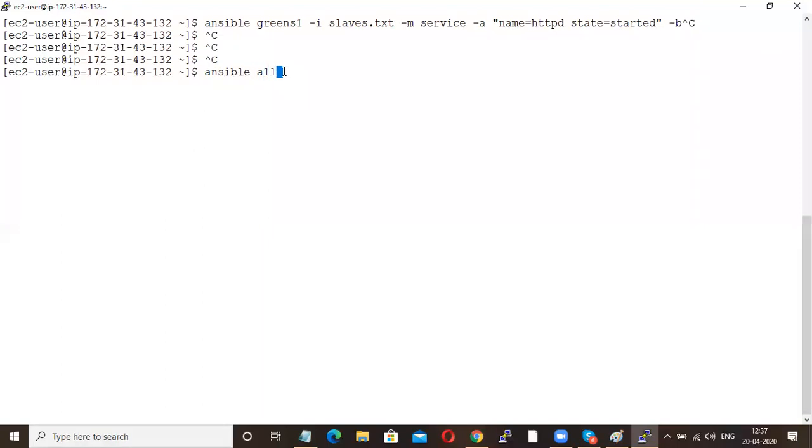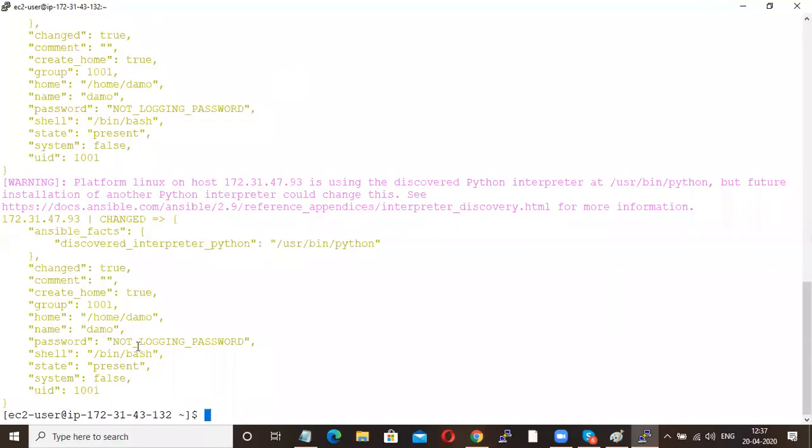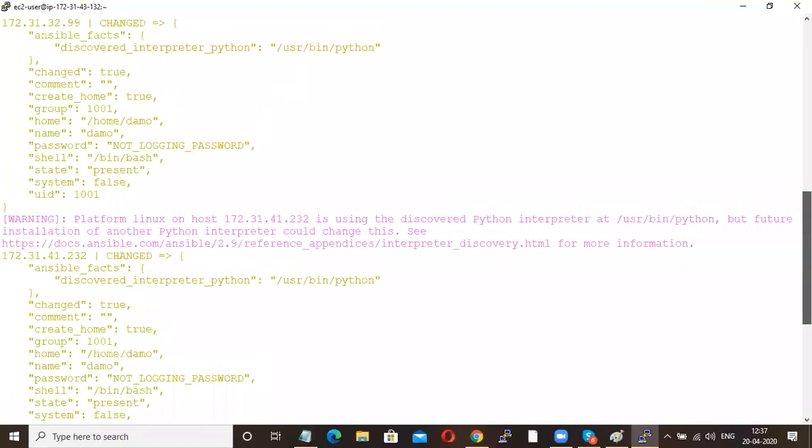Ansible all -i slaves.txt -m user -a name is equal to Damo password is equal to Damo123 -b for root permission. Otherwise, you'll get permission issues. Then Damo user is created in all 3 machines.